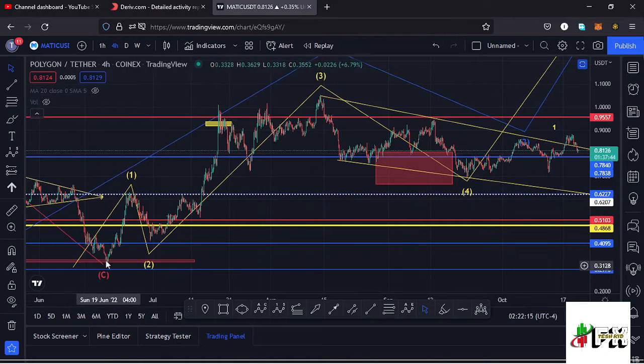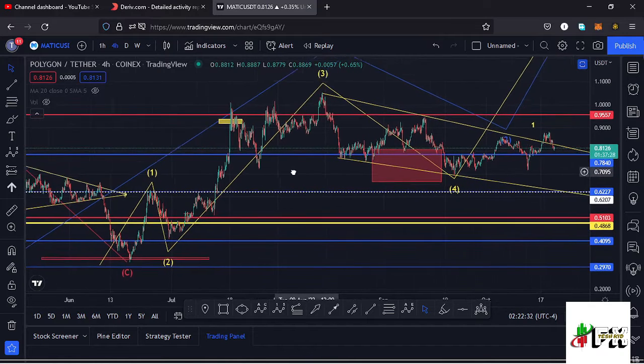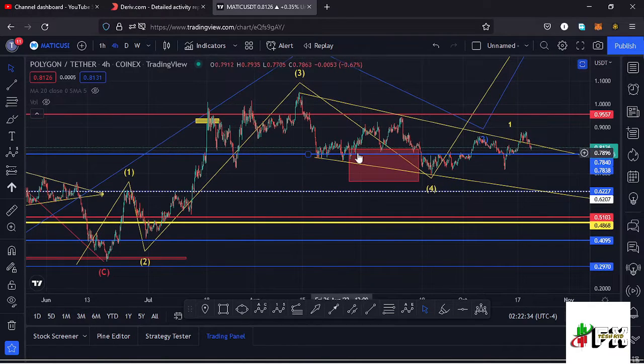After making our low down there, we saw a very nice bounce to the upper side, made a high for that first wave, then saw a very nice retracement to the lower side in the formation of our wave 2. Then we continued pushing higher in the formation of our wave 3, making our high at around the $1.06 mark. And after making the high for that wave 3, whatever we expected next was the formation of a fourth wave